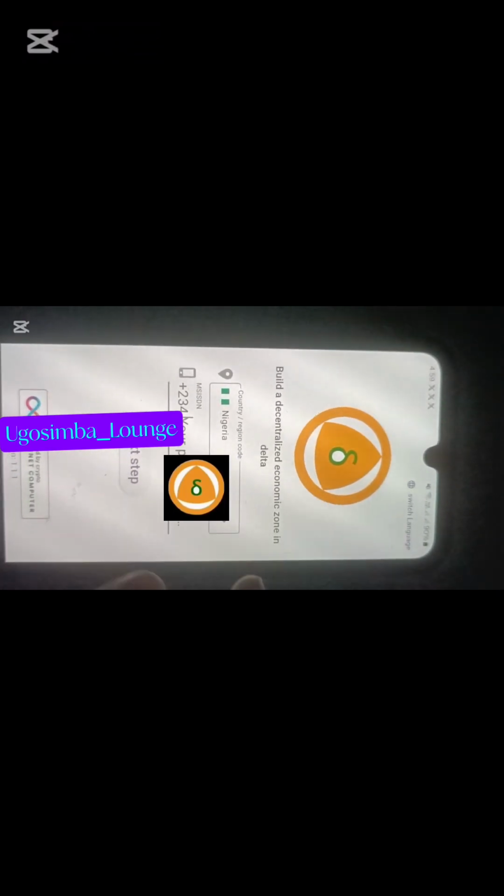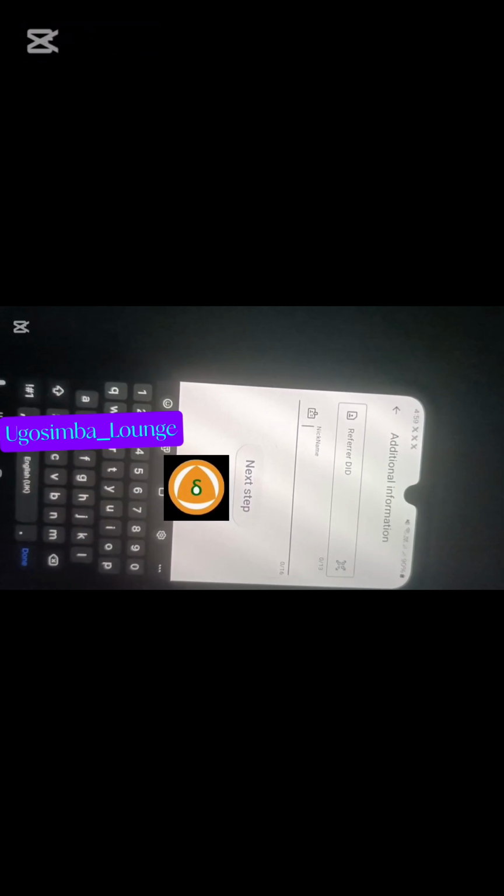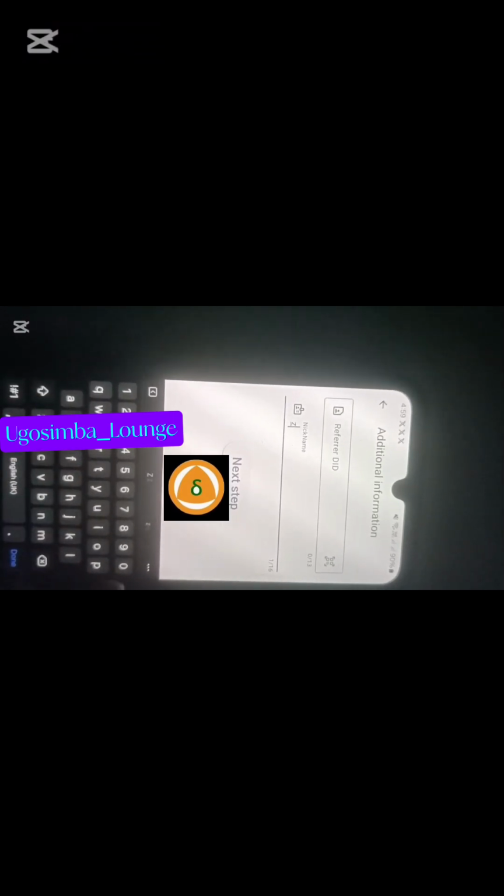Now you can open the file, then select your country, put your phone number. Your WhatsApp phone number is a must. Then up there you have to put your refer code, which is where you copy my refer code and put it there so that you'll be able to get your refer bonus. Then you put your nickname,